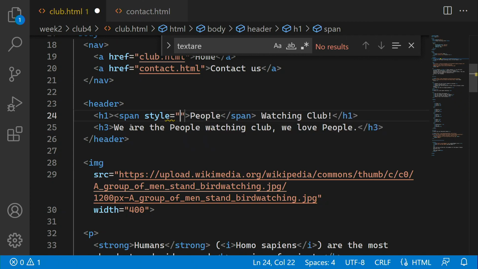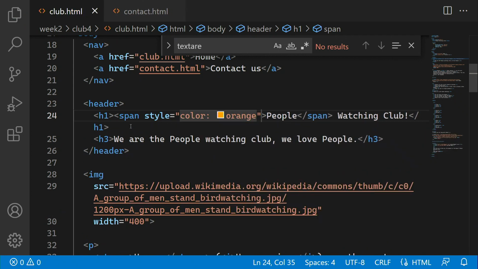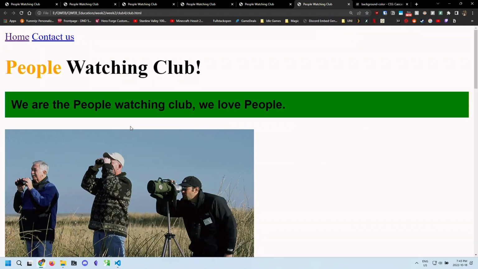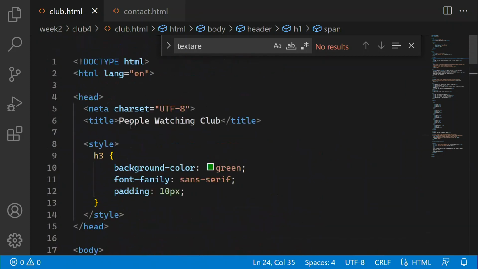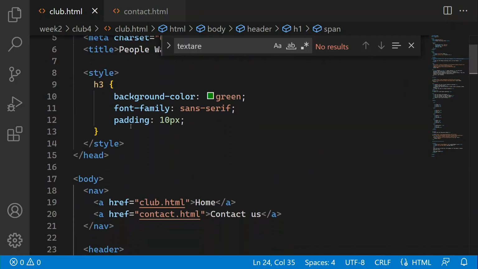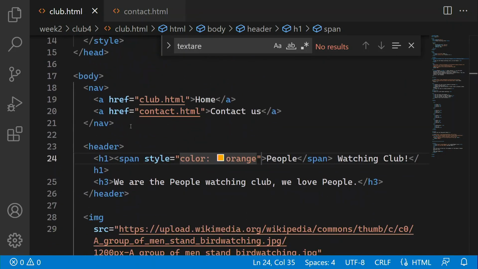So if I type style and hit equals, now we can type some CSS right onto this HTML element, and we can say, hey, I want this one to be the color of orange. I can save the file, I can refresh, and we'll see that just the word people on this page then becomes orange. From here, you'll notice that, hey, maybe the style tag at the top of your page could get very long,